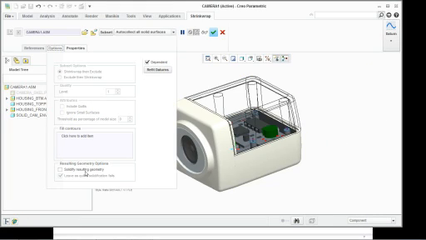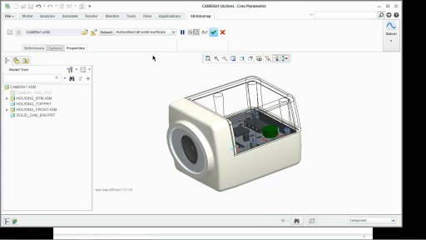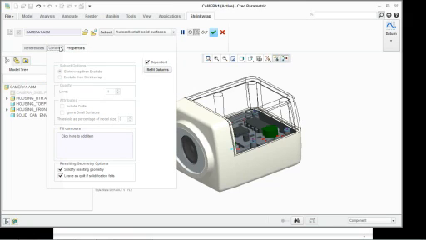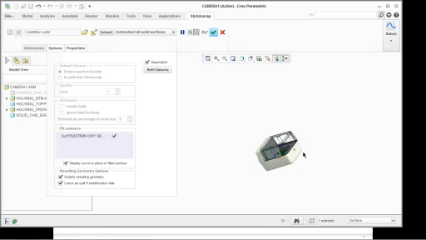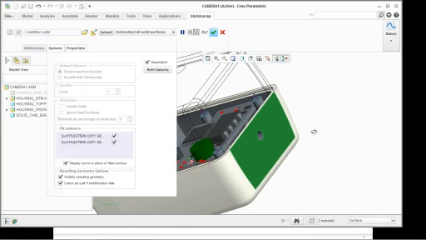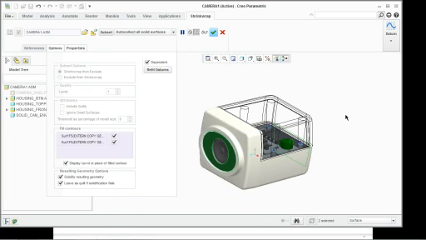Now in the options over here, I'm going to say solidify resulting geometry. And I want to fill contour surfaces. So I want to right-click in the graphics window. I could select fill contour surfaces, or I could click over here in the fill contour surfaces box. And I want to fill in this front surface here and hold down Control and select this back surface here as well. And that's just going to fill in those holes. Now when I click Complete Feature